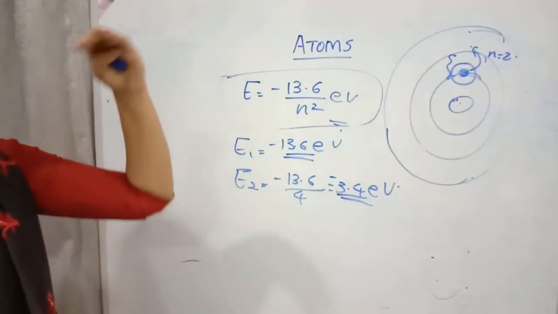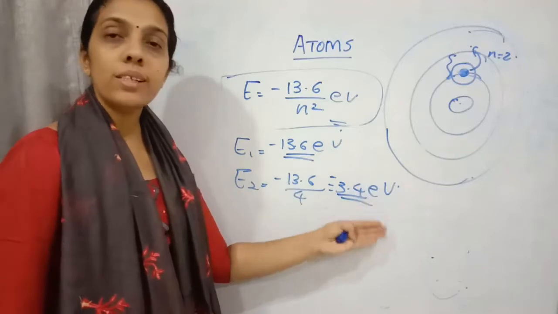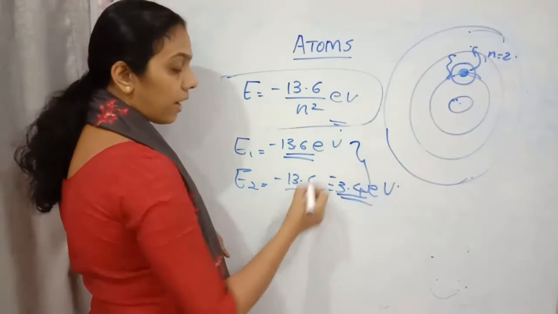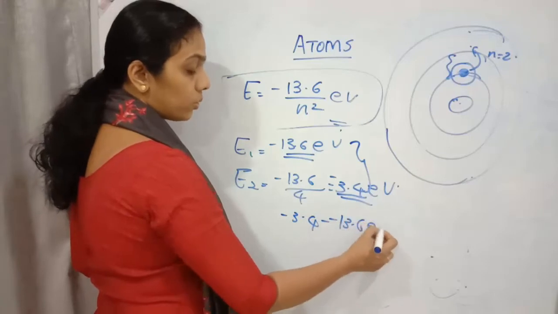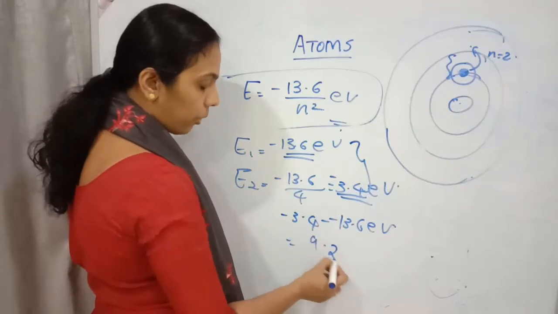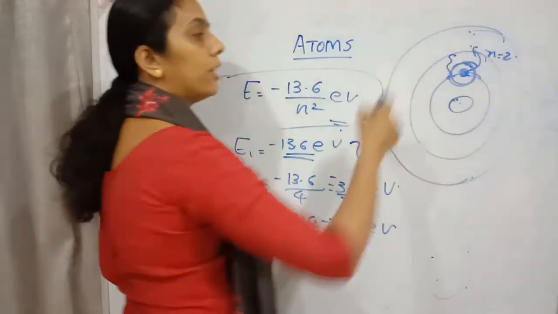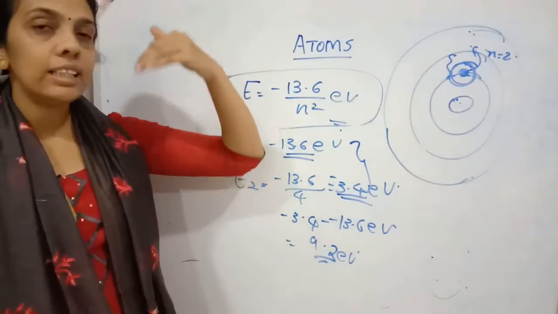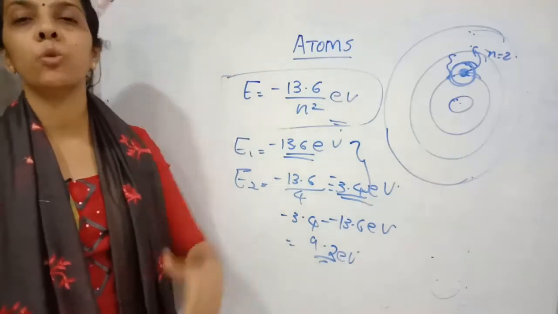So when it is going to the higher energy levels, the negative value is decreasing, right? Its energy value is increasing. So when it is attaining an energy of, see here, final minus initial, minus 3.4 minus (minus 13.6) electron volt, that will be equal to 10.2 electron volt. When it is gaining 10.2 electron volt of energy, this electron will go to the second orbit. Okay, so like this each electron will be accepting energy and moving to the higher energy level.